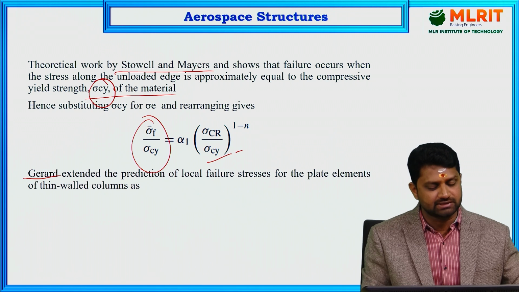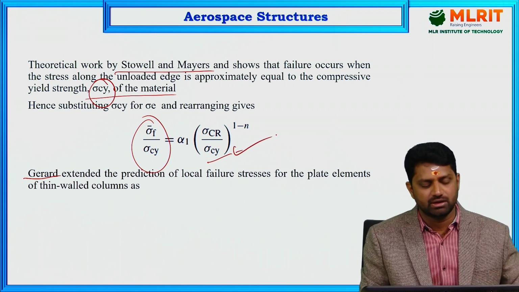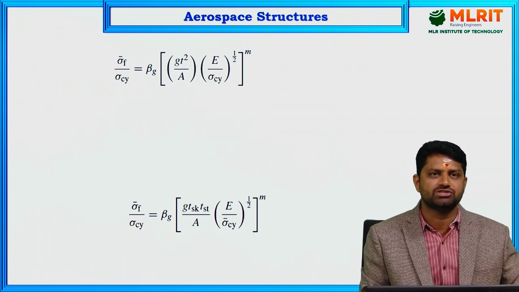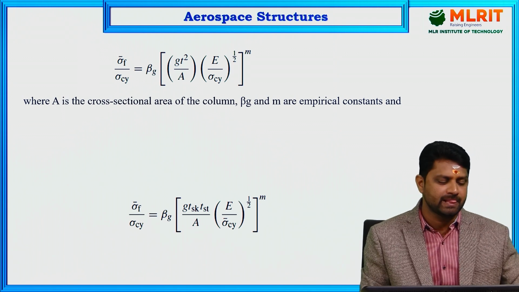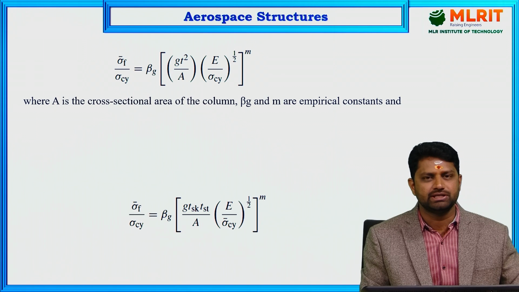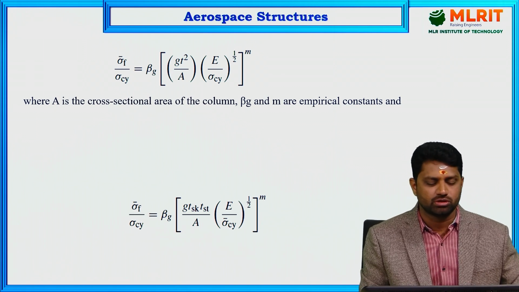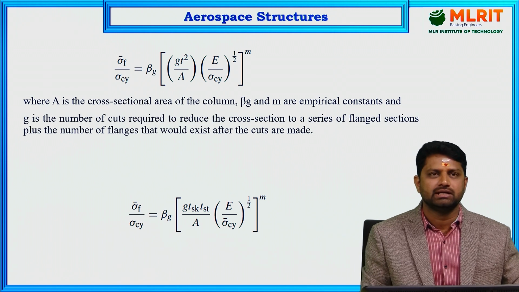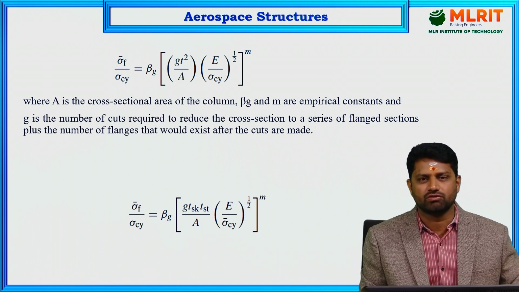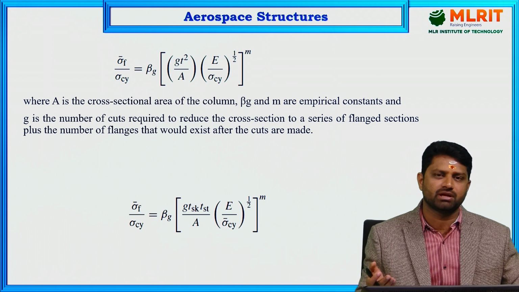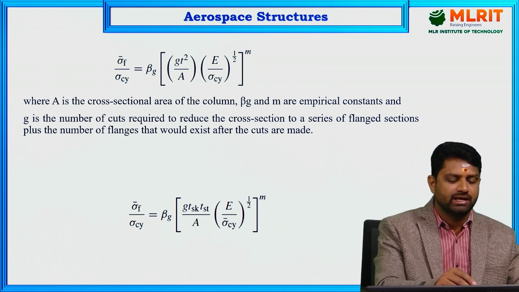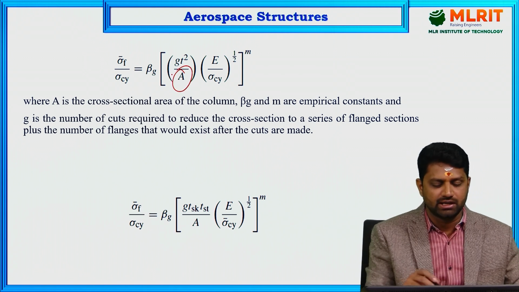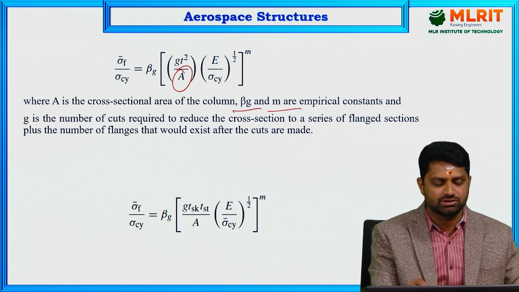He extended the work given by Stowell and Mayers, and then he has given another relationship, sigma F dash divided by sigma Cy equals beta G into G T square by A into E by sigma Cy, whole to the power of 1 by 2, whole to the power of M. So here he has extended the concept of Stowell and Mayers, and he has given another formula with his experiments, in which again A is the cross-sectional area, and beta G and M are the empirical constants, and